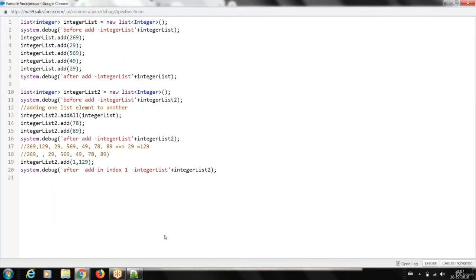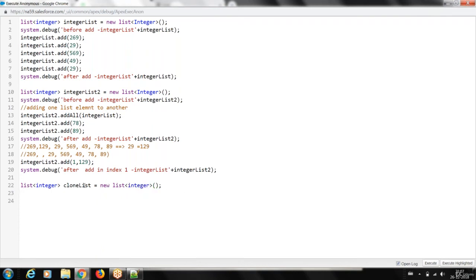Now how can I make a duplicate copy of this same thing? I have this integer list, and I want to make a copy of the same list. Whenever you want to clone something, we have one specific method which we call clone. So I wrote one more integer collection, clone list. You can allocate some memory also, but you don't need to allocate because you are going to refer to the same collection.